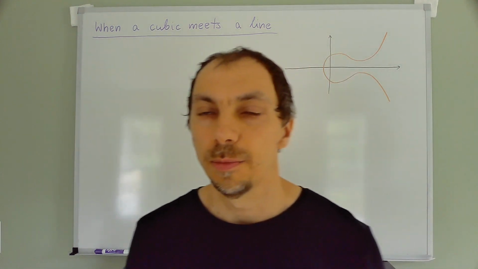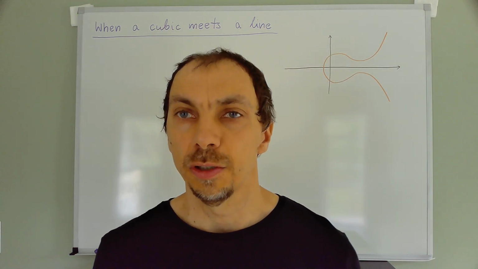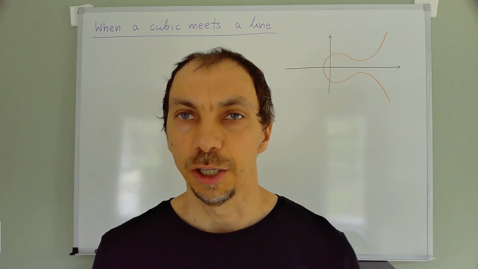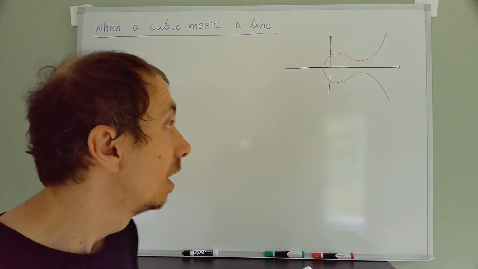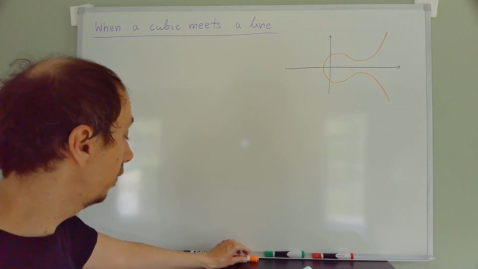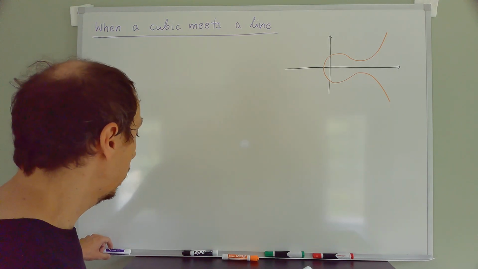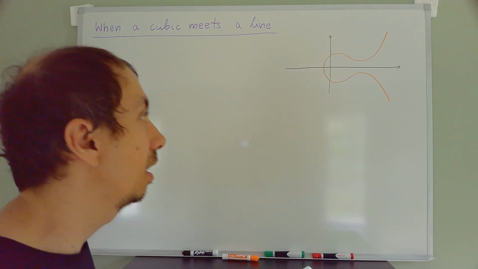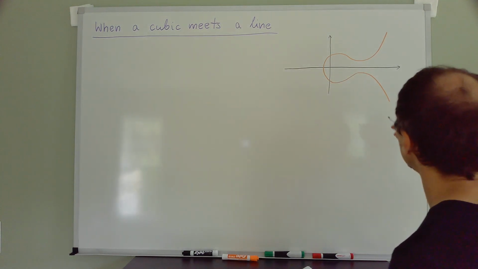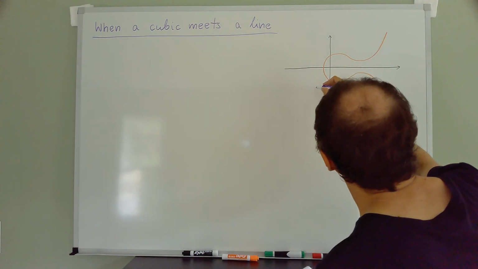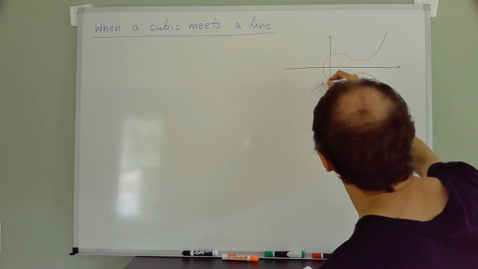What I drew here is an example of an elliptic curve. The elliptic curves are not ellipses, they are certain cubic curves, as you will see in the course of this class. But the thing that I'm interested in right now is if I intersect this curve with a line,